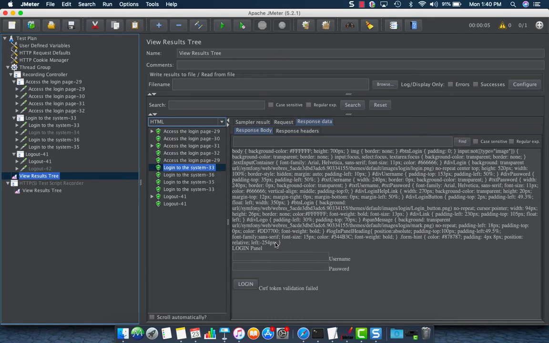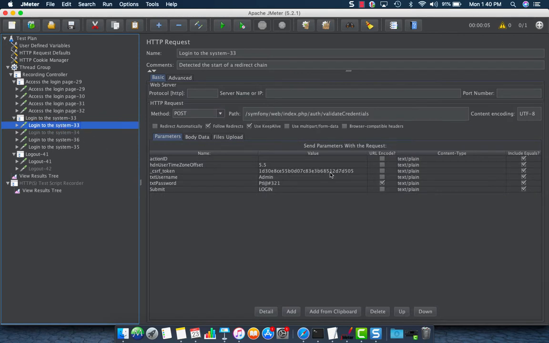This is because you have not sent the session ID dynamically. It is hard coded, so we need to handle this